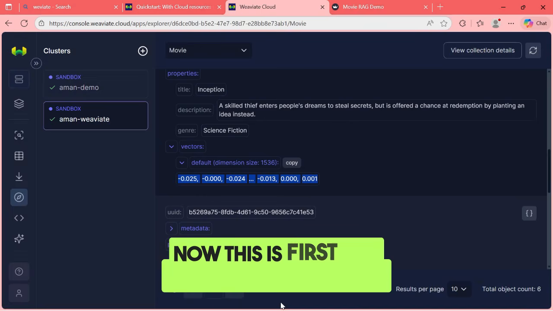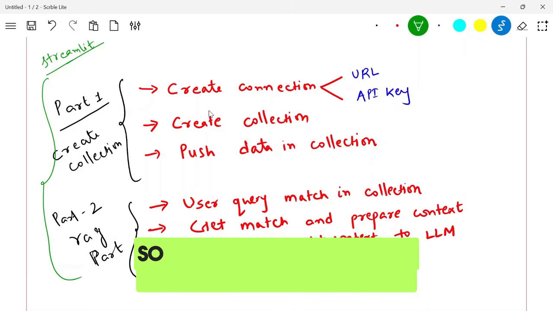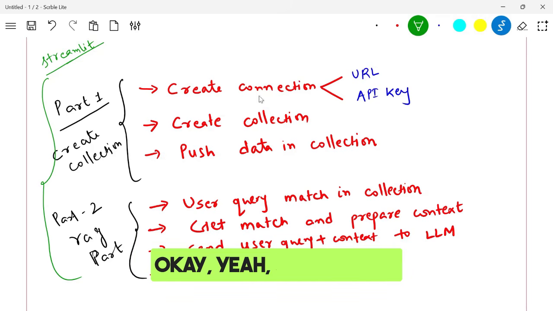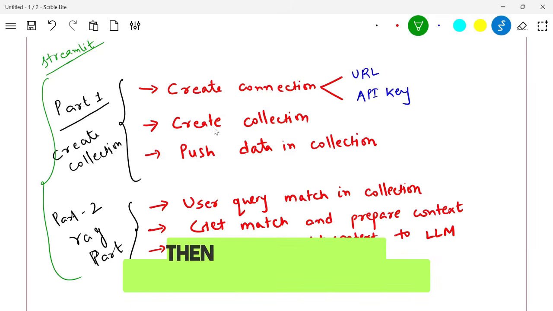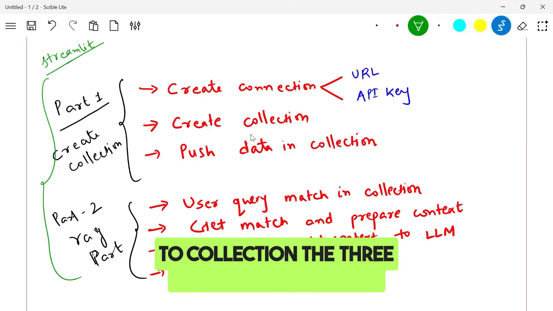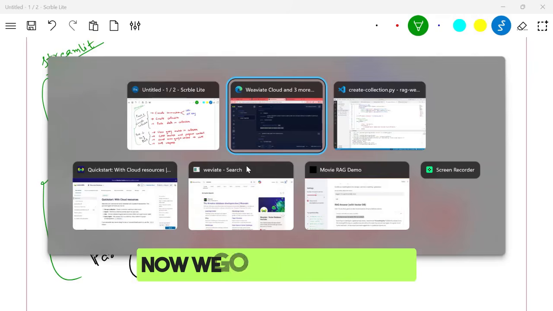Now this is first part of the program done. So we have created connection, then we have created collection, and then pushed data to collection. These 3 things we have done. Now we go to the RAG part,